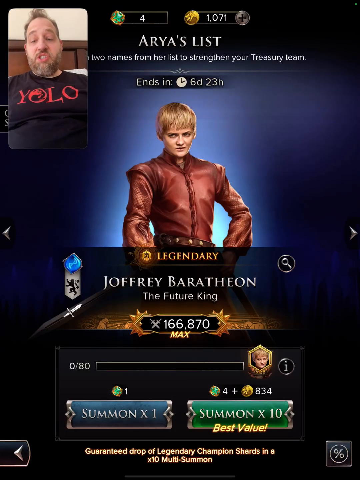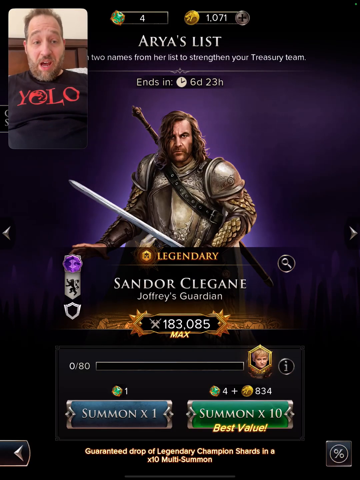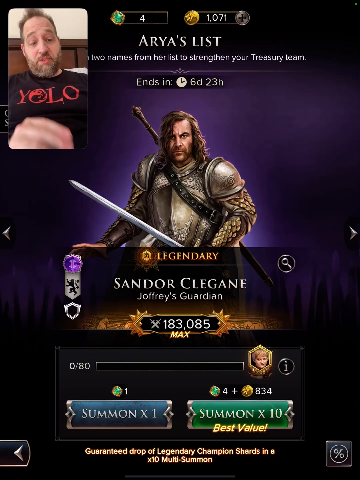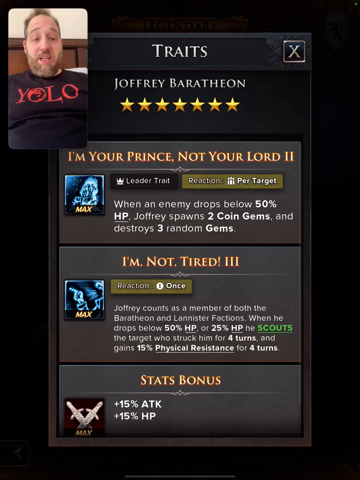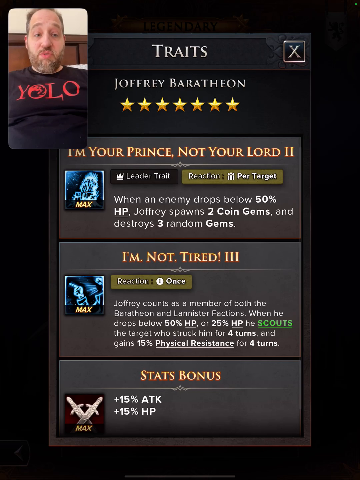Arya's List has Joffrey Baratheon and Sandor, Joffrey's guardian, characters in the summon. This is a very valuable summon. First of all, Joffrey, if you have Joffrey, he is the meta leader for the Battle of the Bastards event. Now, when an enemy drops below 50% health, he's going to destroy 3 random gems. This works great with Stannis because Stannis will destroy gems when an enemy dies, and Joffrey will destroy gems when